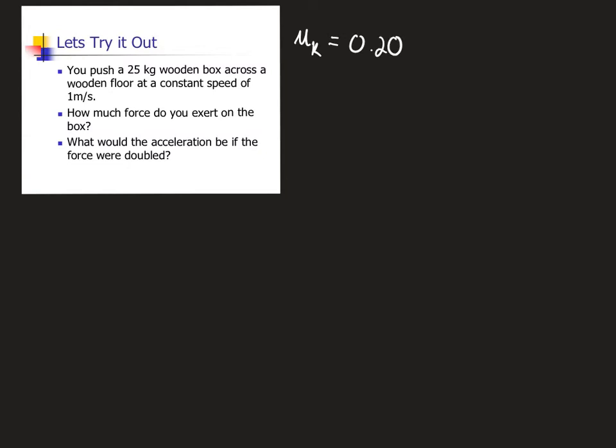Remember, these do not have labels on them as well. We then have a mass of 25 kilograms. Because it's in kilograms, we're not going to need to convert it. We also need to know our gravity,